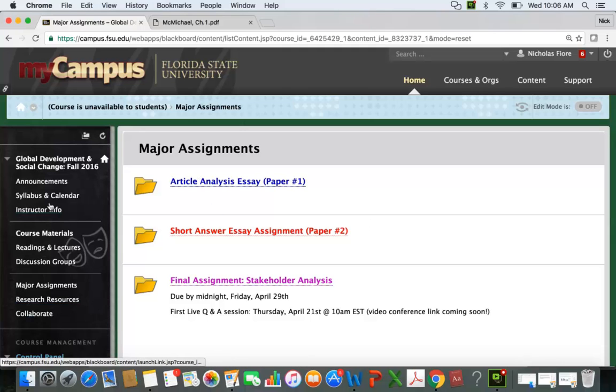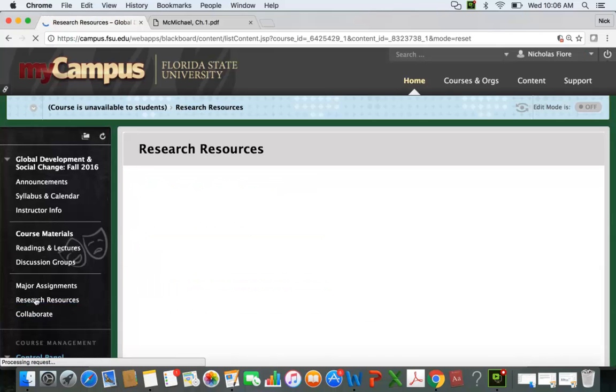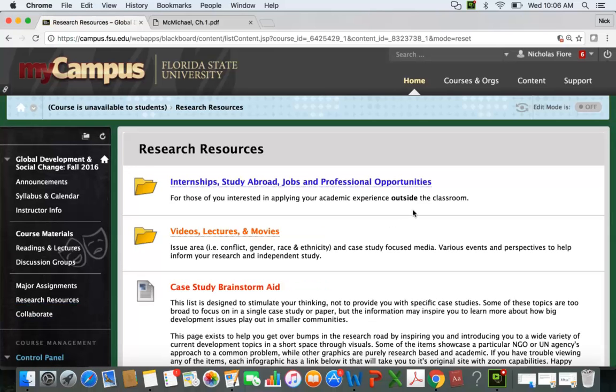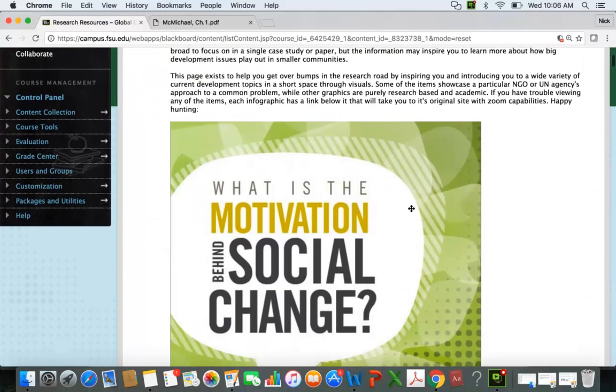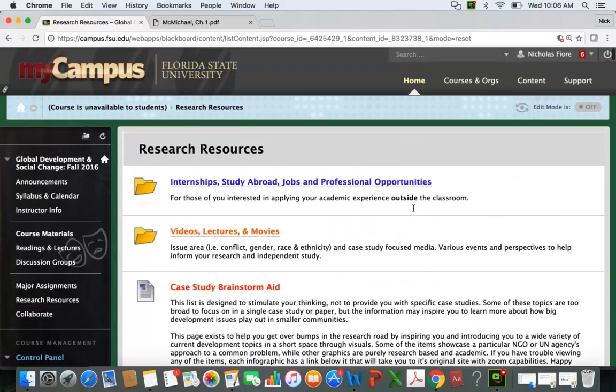And that's really it, guys. There's other sections in here. There's a research resources section, which has some resources for doing further in-depth study on your major assignments, in particular your stakeholder analysis. Once you get to that, we've got just some other things if you're curious to know more about the field. Again, videos, lectures, movies, just some various multimedia stuff in there that's kind of cool to